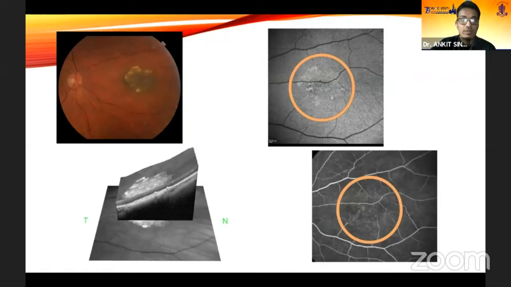On the top left corner, we see a pigmented lesion about 2 disc diameter in size, which is nasal to disc. You can appreciate the irregular margins and the overlying white-yellow drusen deposits. And OCT section through it shows the bumpy hyperreflective layer, which is a drusenoid retinal pigment epithelial detachment. The image on the right upper corner is an autofluorescence image. I know that because the vessel appears dark.